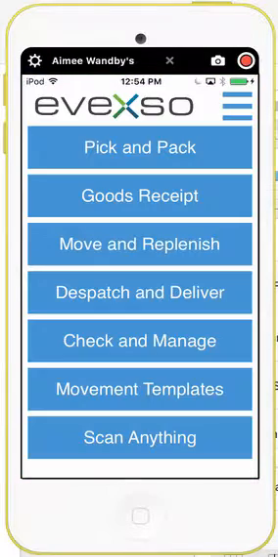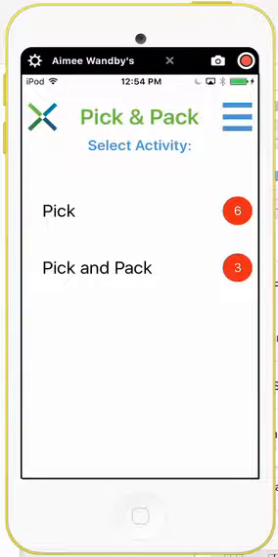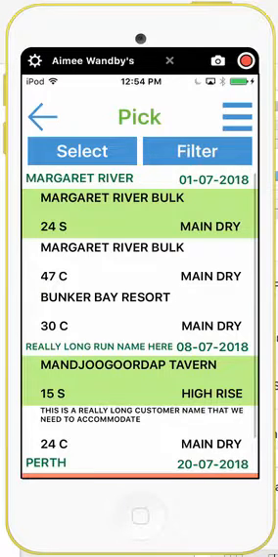This is a demonstration of the process that Avexo will follow for picking and packing where there are minimum date code or hard allocation rules set on the lines being picked. From the main menu, we select Pick and Pack. We have our icons there showing how many new and in progress picks there are currently. I'm going to click on Pick and Pack, and that shows us our pick header screen,